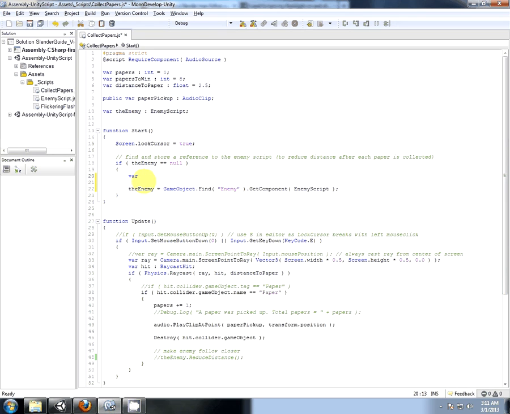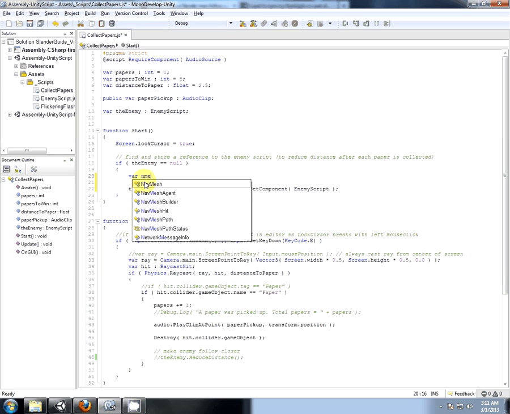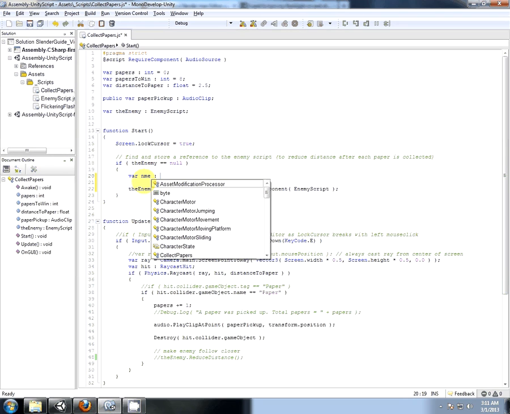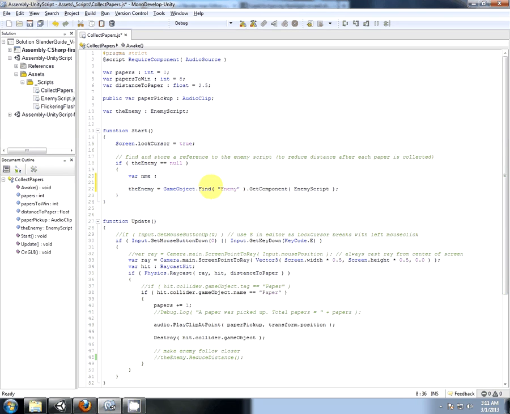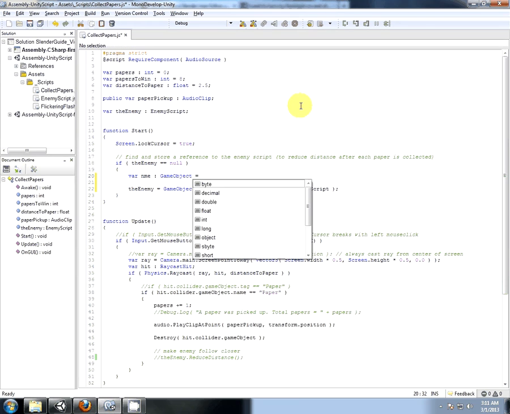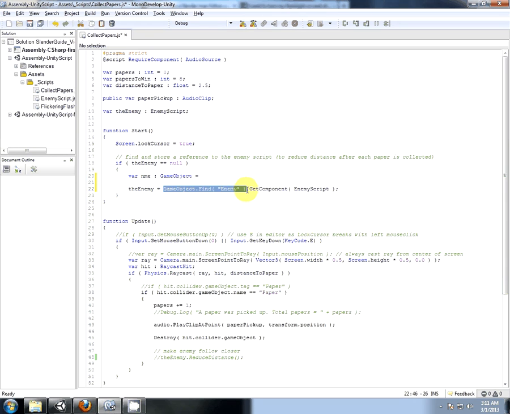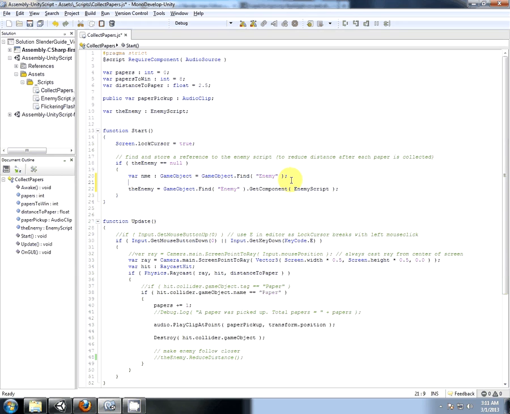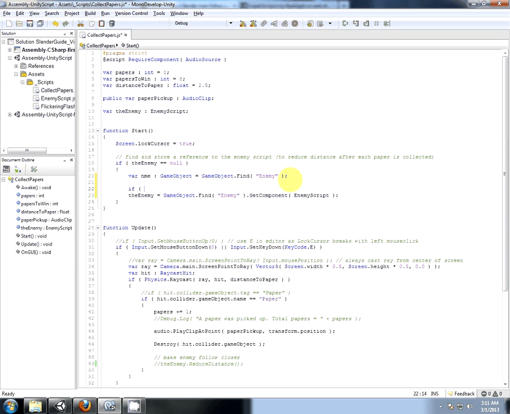This time for sure. And E, which would be type game object equals this part, right? So we're going to find the enemy, and so we don't get that null again, we're going to check if